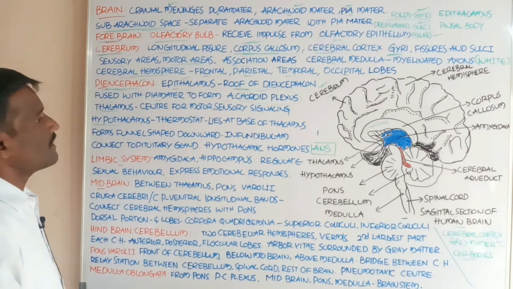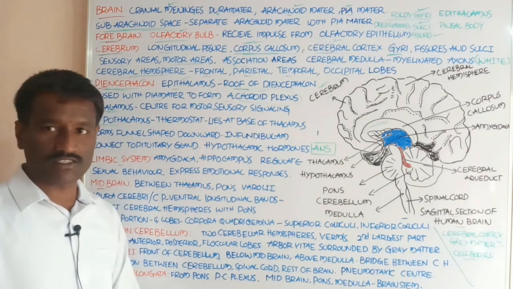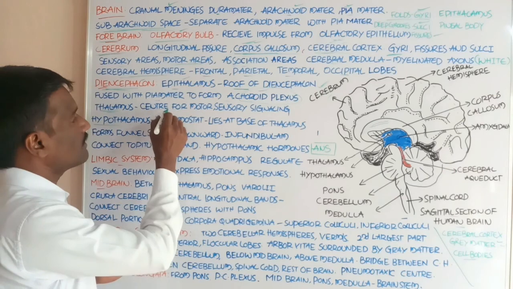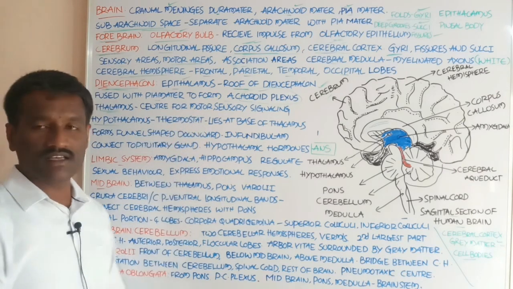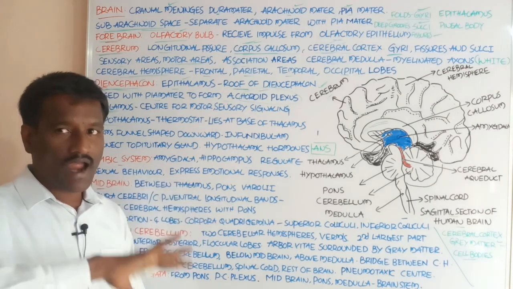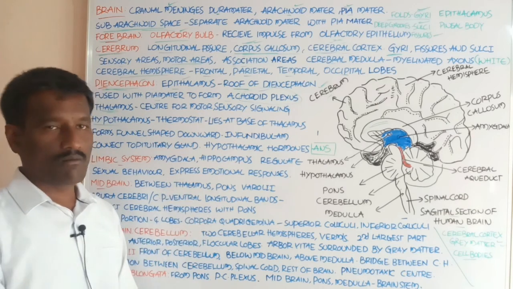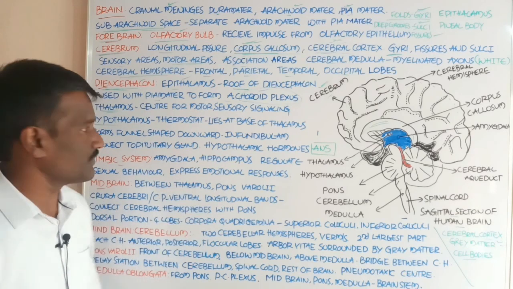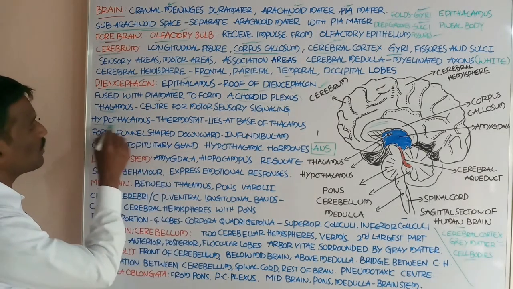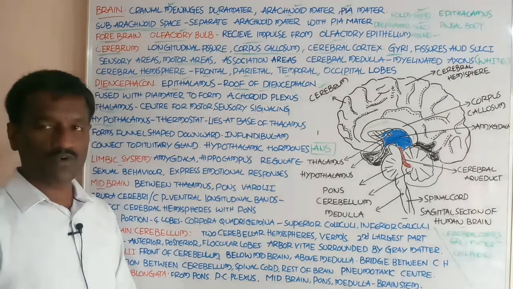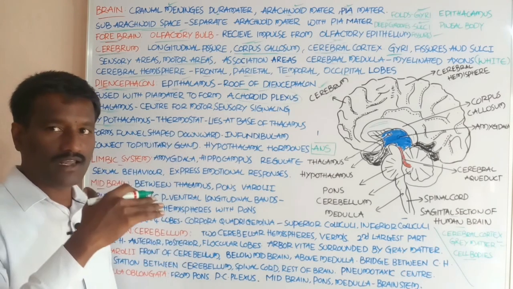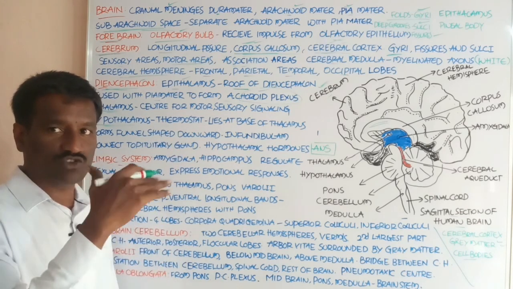Next, what about the thalamus? The thalamus is the main center for motor and sensory signaling. It acts as a main center for motor and sensory signals in the body, which pass through the nerves of the nervous system. Next, what about the hypothalamus? It acts as a thermostat in the body.